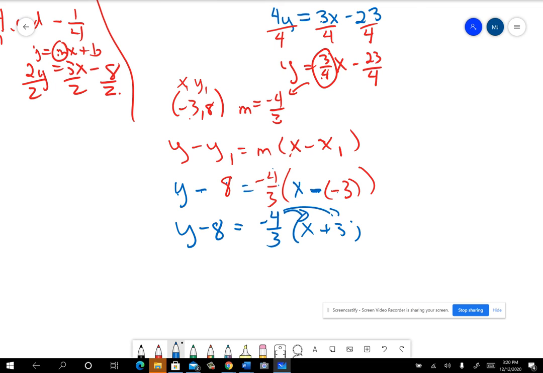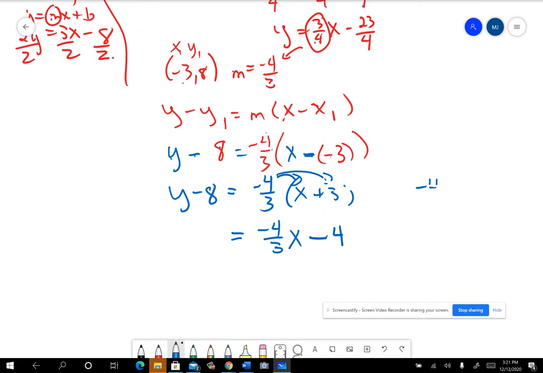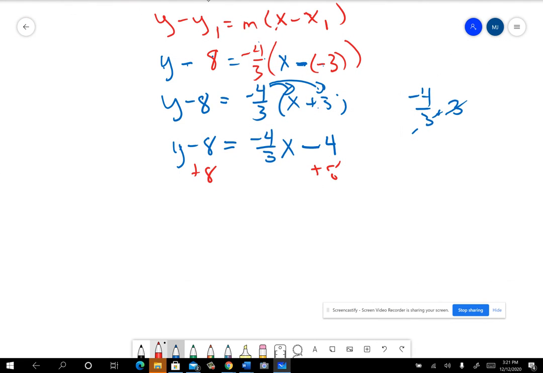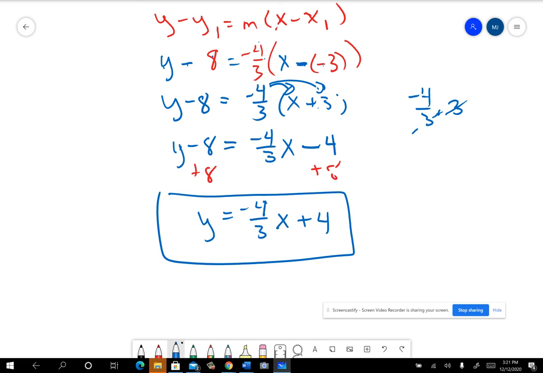So I'll distribute, and that gives me -4/3 x minus 4. When you do that on your calculator, you can just do -4/3 times 3. That's +3 right there. Minus a negative became positive. And when you do that on your calculator, it'll give you the -4. Then at that point, you're trying to get rid of the -8, so you're going to add 8 to both sides. So that's going to become y equals -4/3 x plus 4. And that would be the equation of your line, the line they wanted you to do. And that's in slope-intercept form. All right, so let me stop